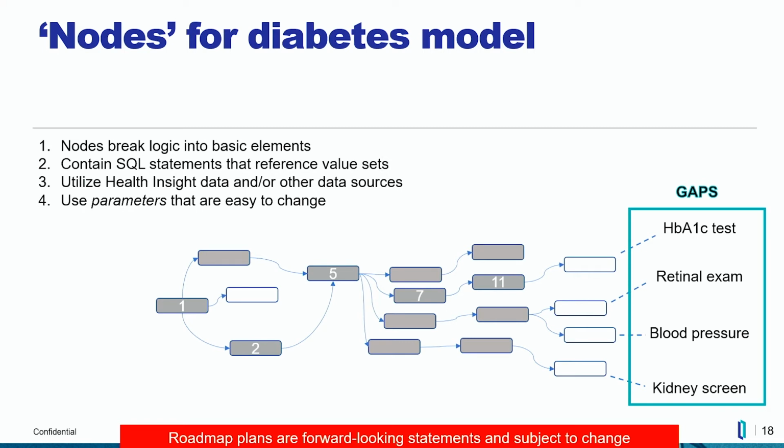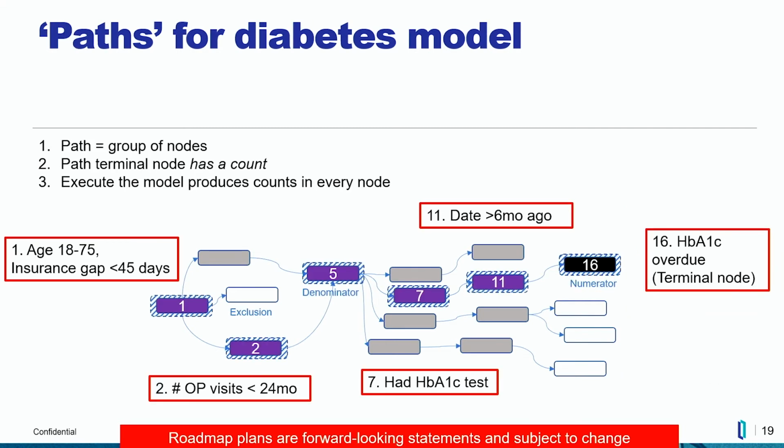And the nodes also include parameters that make them very easy to change. So you can change a date range or change an age range just by modifying those parameters. So if we go to the next slide, once those nodes are created, the nodes are grouped together in something